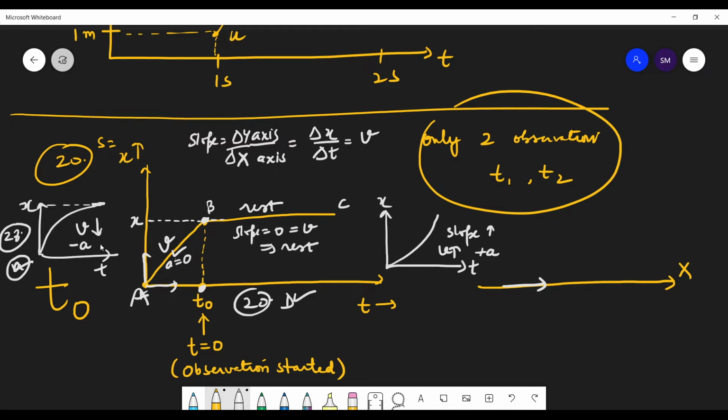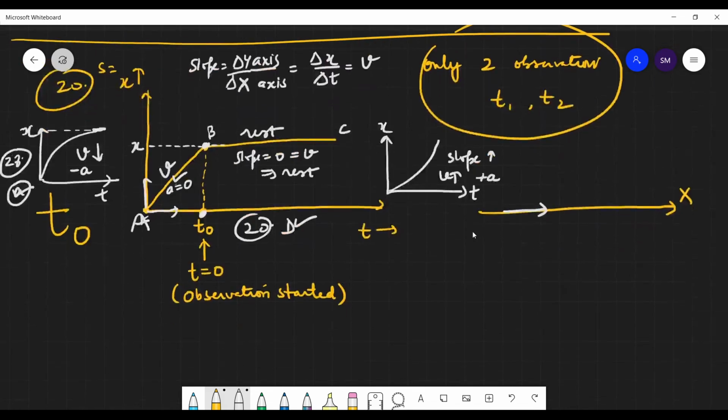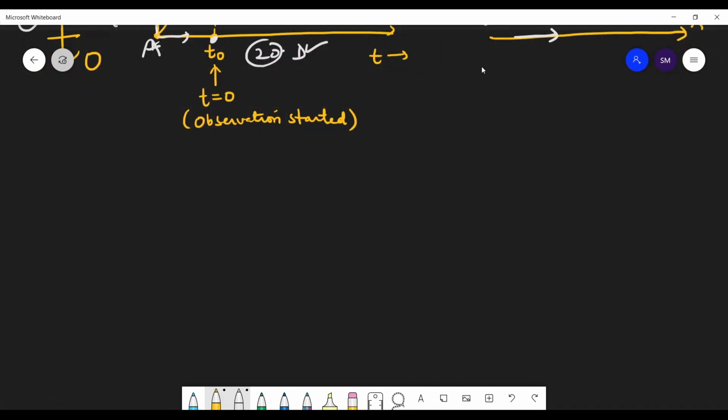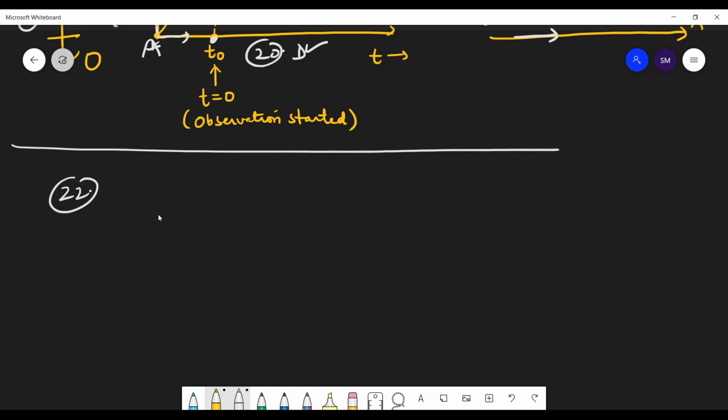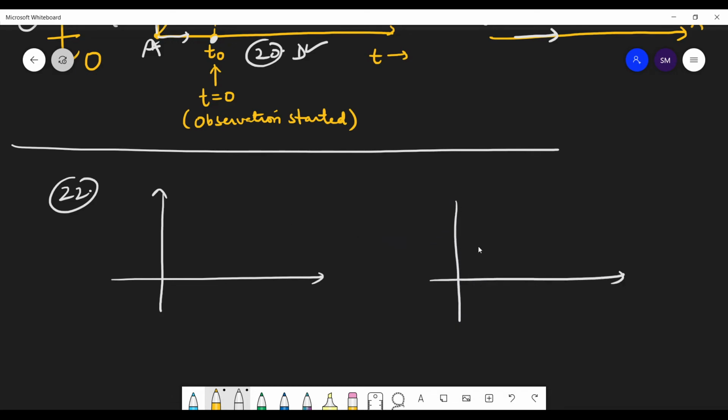So I hope students you have understood these questions. So let us do the last question of today. We are already ahead of time. Time is already over, but still let's do one question, number 22. Which of the following represents the graph of the motion of the body thrown vertically upward? So we have not discussed the case of vertically upward, but we'll discuss these cases tomorrow. But quickly let us see.